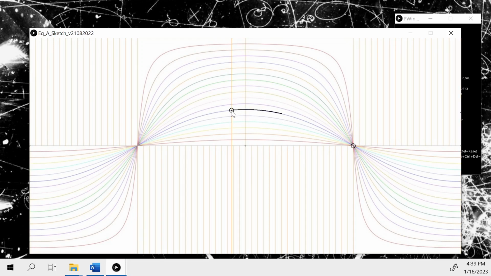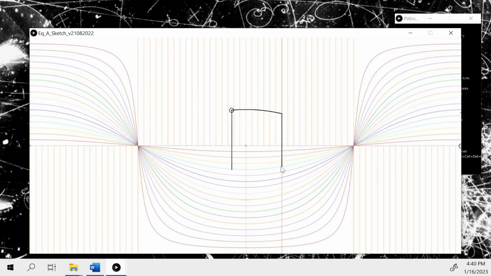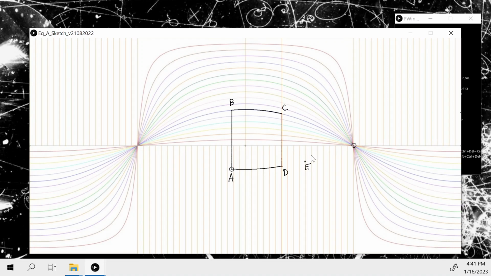I have a wall going from left to right. On the wall, I have selected a rectangle ABCD. The question is, how can I make a copy of this rectangle, starting at an arbitrary point E placed somewhere further along the wall? I will give you the solution in this video and I will ask you to think